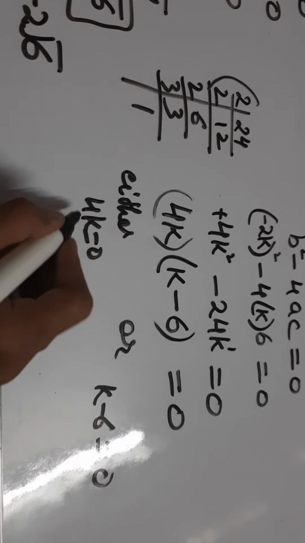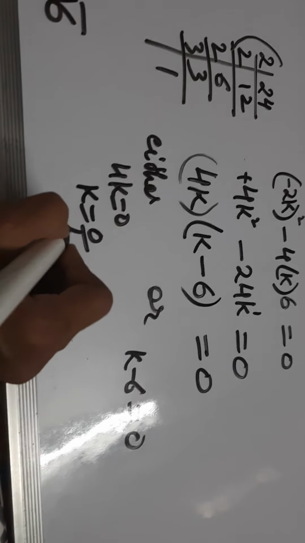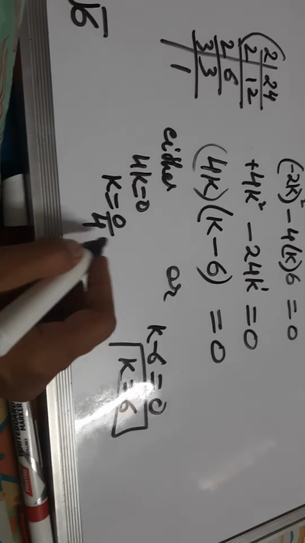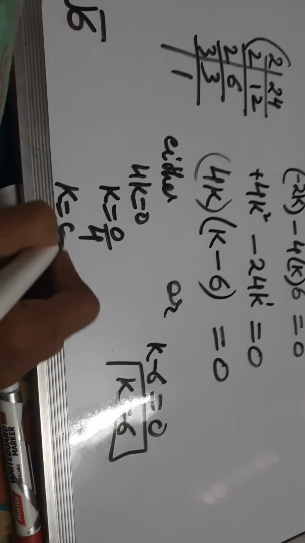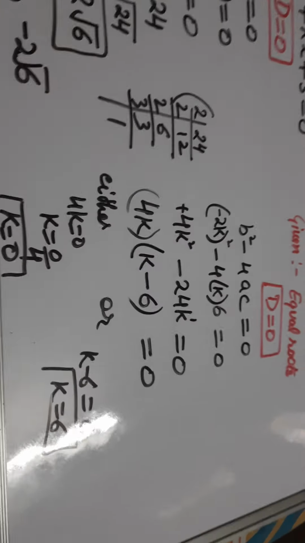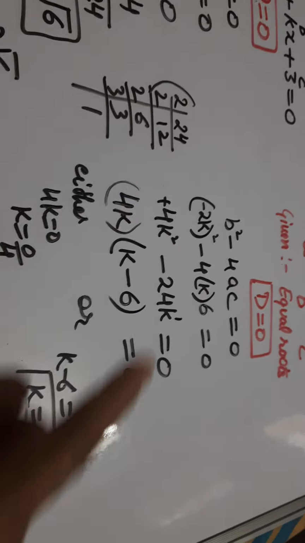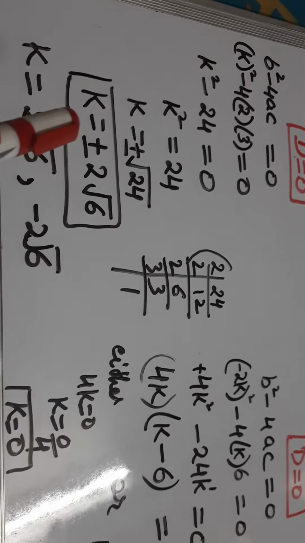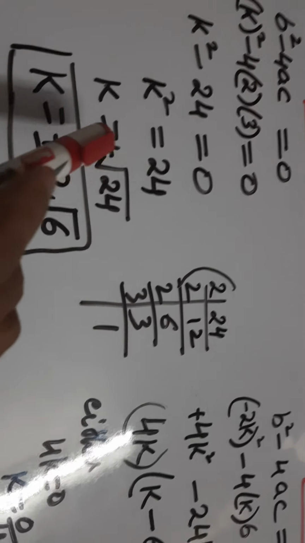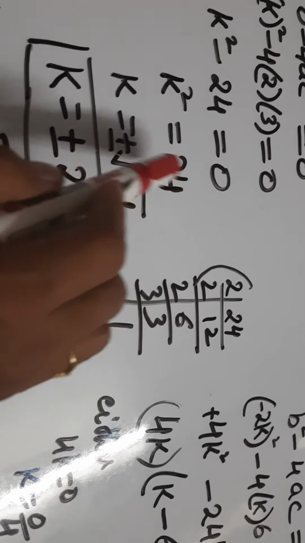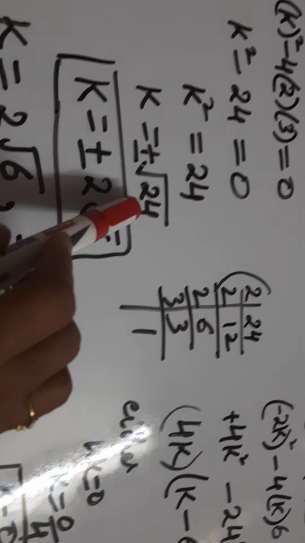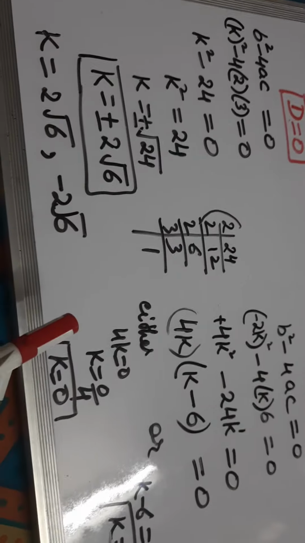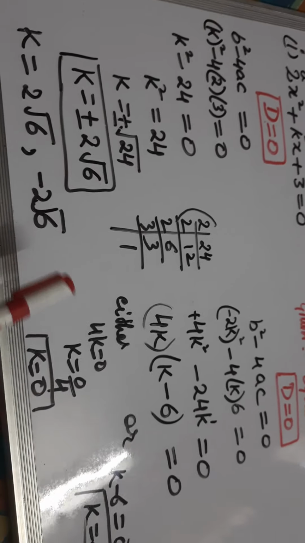Since it is getting multiplied, we take it to the denominator and it will become plus 6. This is one value, and 0 divided by anything is 0. So this is the other value. Because we are getting degree 2 of k, that's why we got two values here also. Dear students, do not forget to write plus minus when the root is there, otherwise you will get only one value of k and half of the given marks will be deducted.